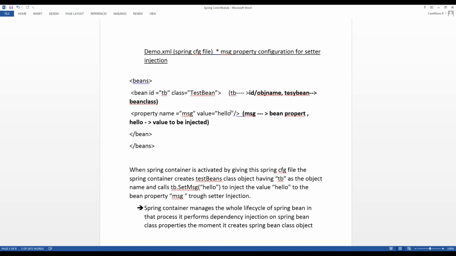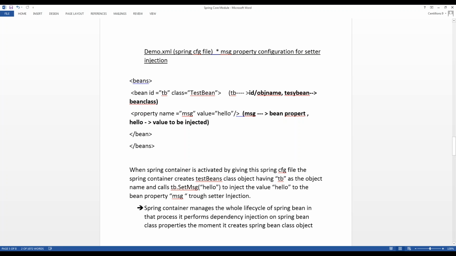The Spring configuration file is mandatory, and we can use multiple Spring configuration files. The file name may be anything, but .xml is mandatory, because the Spring configuration file allows accessing different classes, interfaces and constructors. These things we have to understand.